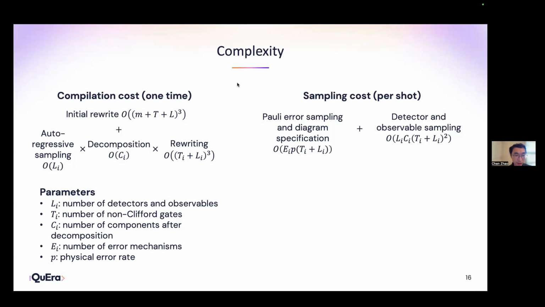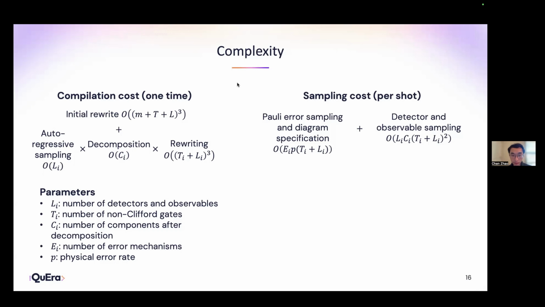And the compilation cost becomes just the autoregressive sampling and decomposition and the rewrite for all of the terms, which will definitely scale exponentially as we increase the number of T-gates, since the decomposition will in general give you an exponentially large number of components. However, for low magic state or low magic protocols, which we consider simulating in quantum error correction, the number of decompositions